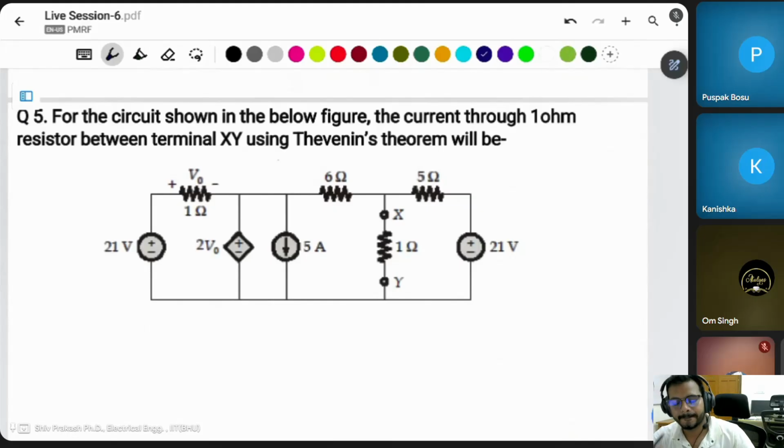Asking about the current flowing through this resistor. Then for finding Thevenin theorem, there will be a